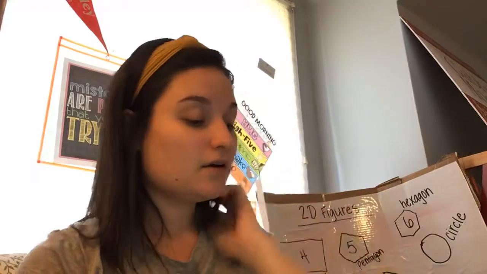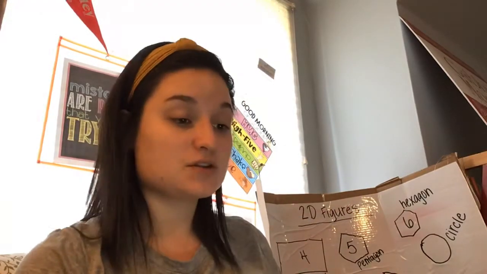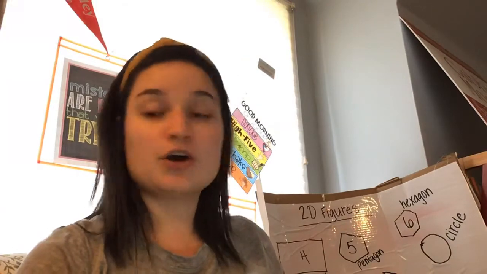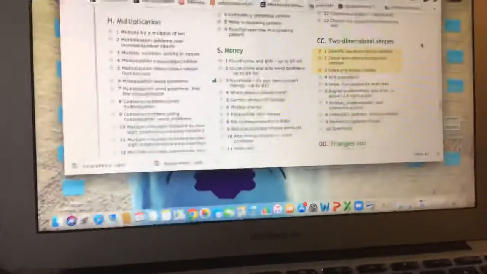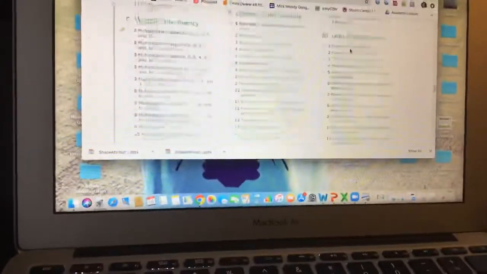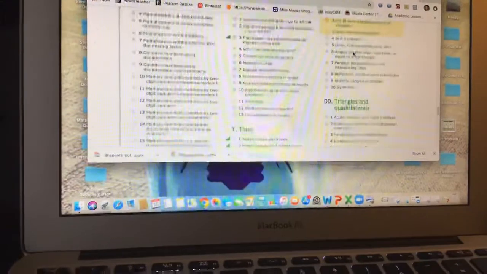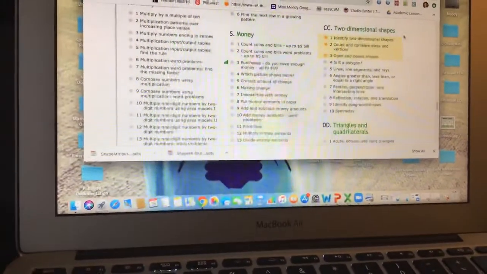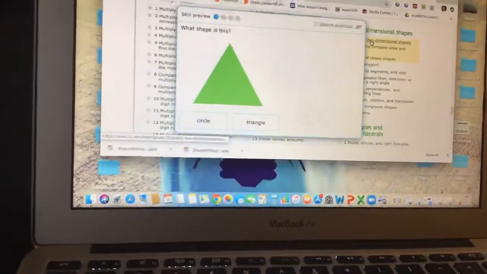And then we are going to go onto IXL right after this. So right after we're done, you're going to go onto IXL and sign in. You use it for other classes, so you should know your sign-in. Okay, so I'm on my IXL, and I am going to do the activity. I logged in and went to the 3rd grade math. I starred some for you, so make sure you do all the activities that I starred. And today you're going to focus on